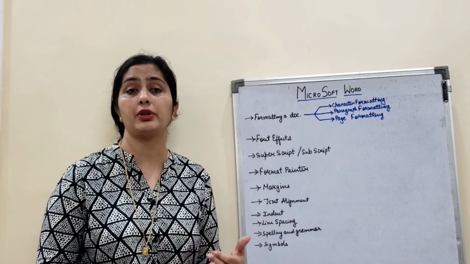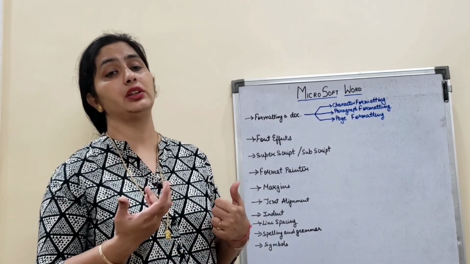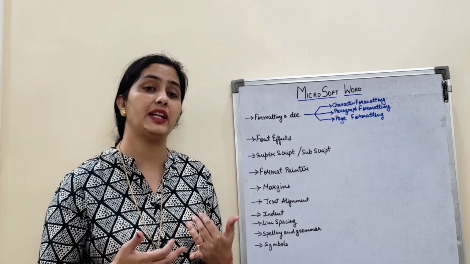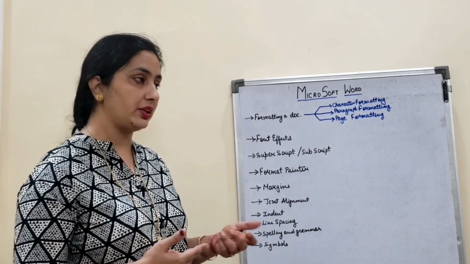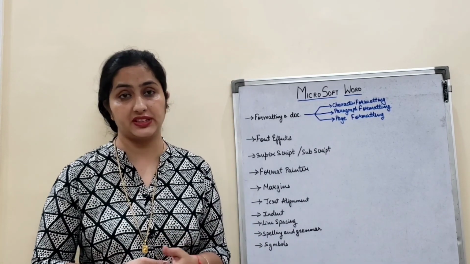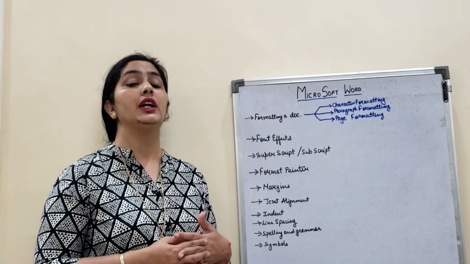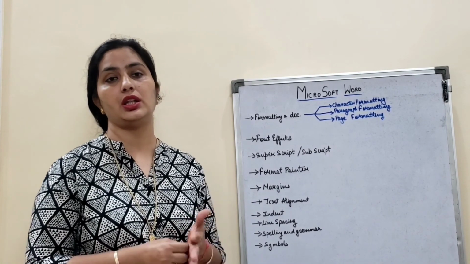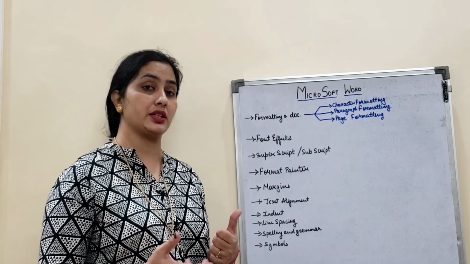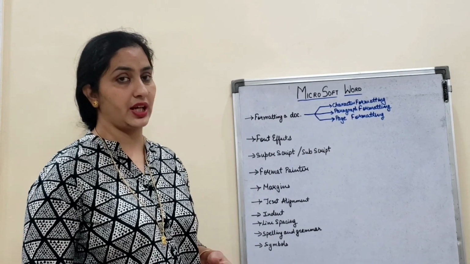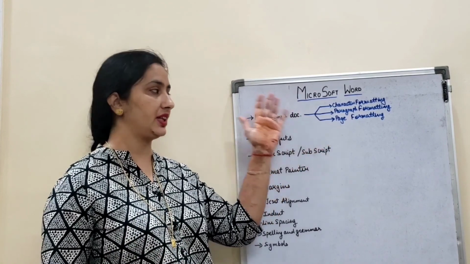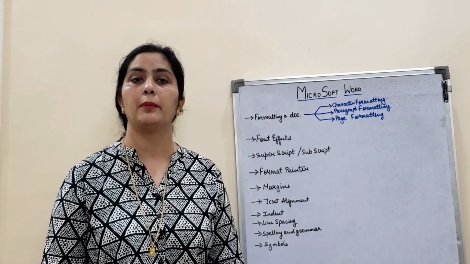Then you have the spelling and grammar option, with the help of which you can check the spelling as well as the grammar of the text or paragraph you are writing. If you want to insert special symbols, you can also insert them in your paragraph, like in mathematics you need theta, or you want a degree sign. Last is page formatting, which we will do in your next class. Now all these things we are going to do practically.